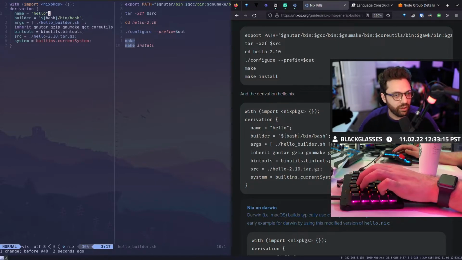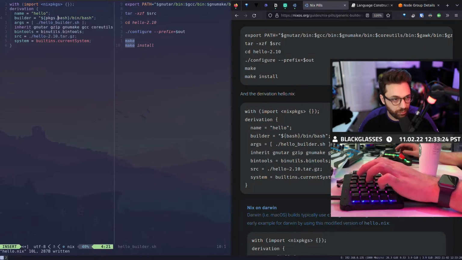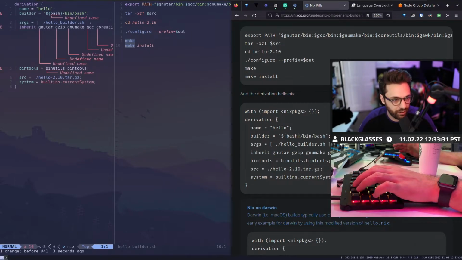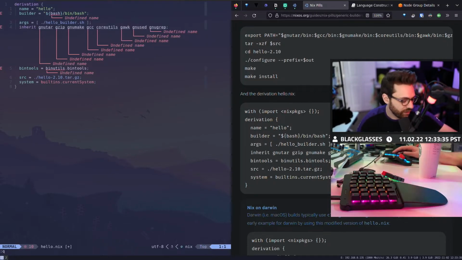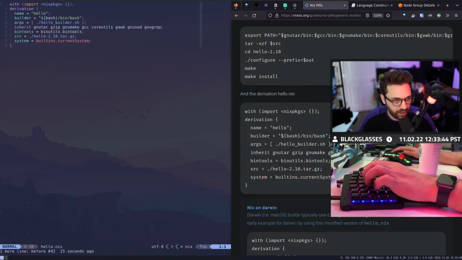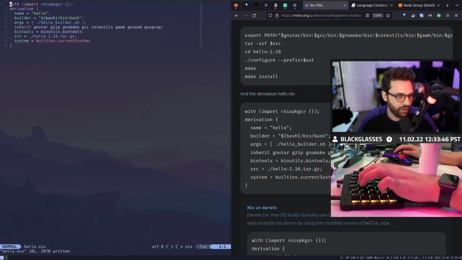Cool. Okay. So that was just something I wanted to make sure you guys understood: this is a little bit of syntactical sugar that makes you think these are just globally available, but they're not. They're actually becoming globally available because we're using with here. If I remove the with, look at that. See how it's undefined, undefined, undefined, undefined. It's saying they're all undefined because, like I told you, globally, Nix gives you nothing. You have to set things globally for it to be able to use. And so if I undo that, then you'll notice everything works fine, right?